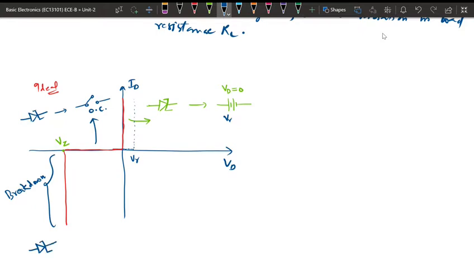So this is the Zener diode. In the breakdown region, it will be replaced by a constant voltage source, and the voltage will be VZ. We will be using this breakdown region property basically to use the Zener diode as a voltage regulator circuit. This equivalent circuit of a Zener diode can be used